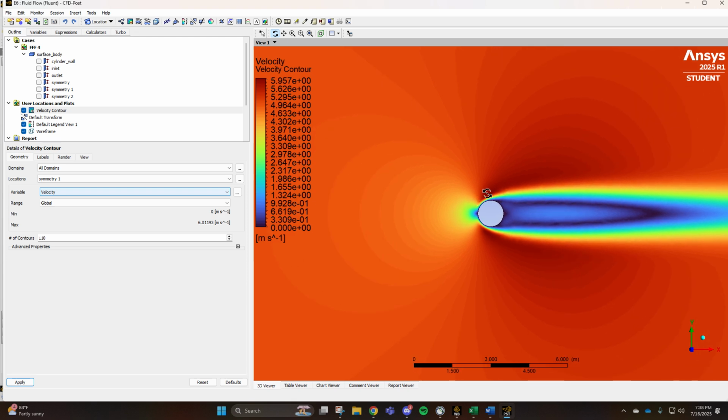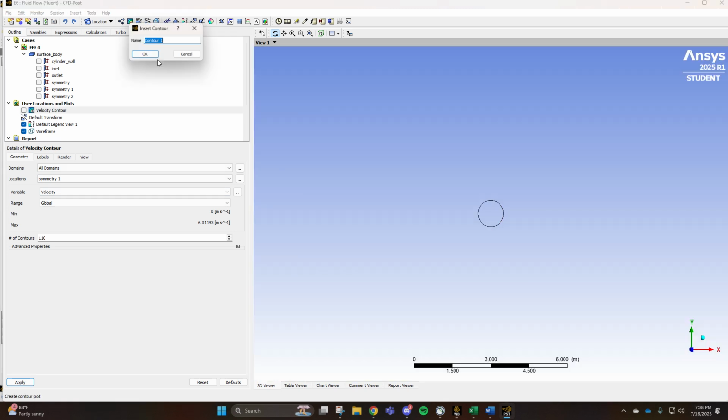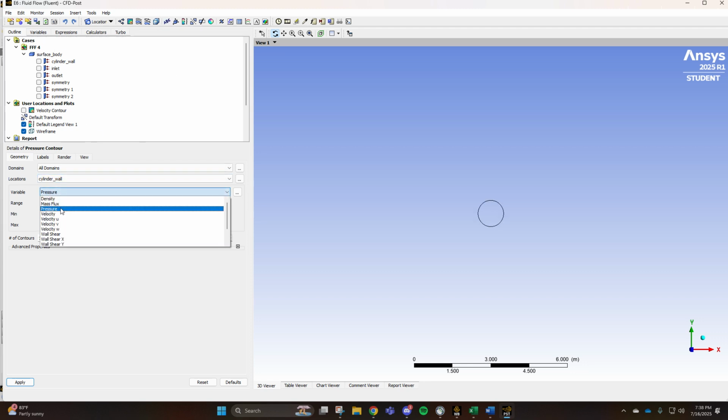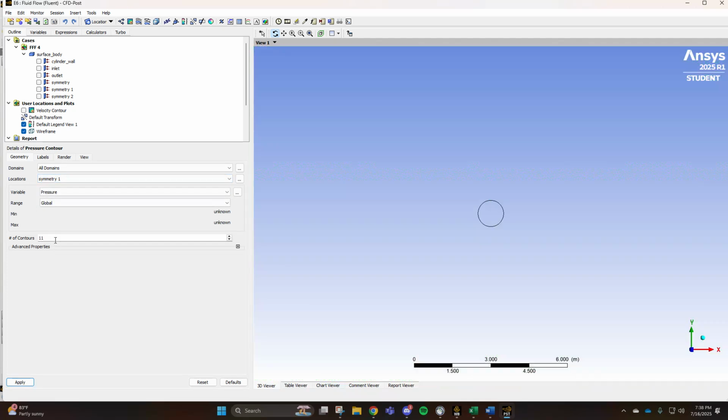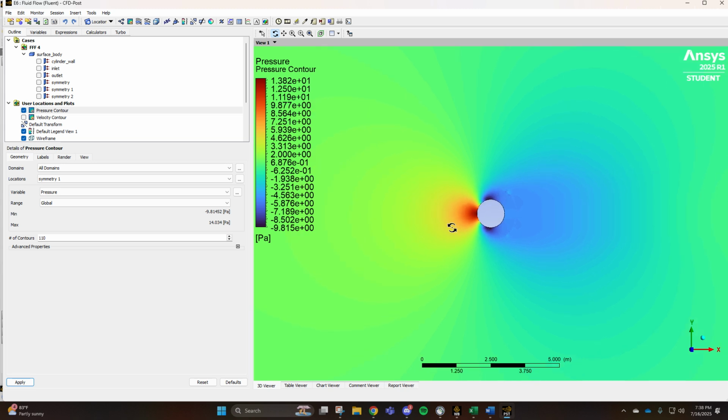And you can see the layer kind of expands out. And again, this is a small Reynolds number. So we'll keep it at that. And we'll turn that off and we'll create a pressure contour. Good, we're going to do pressure, we're going to do symmetry 1 of 10. And as you can see, we have our stagnation point at the front, high pressure, lowest pressure at the